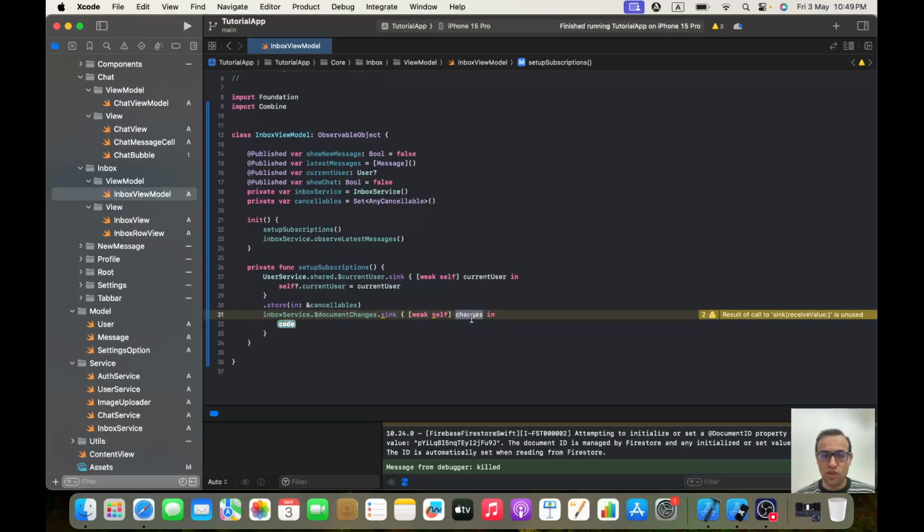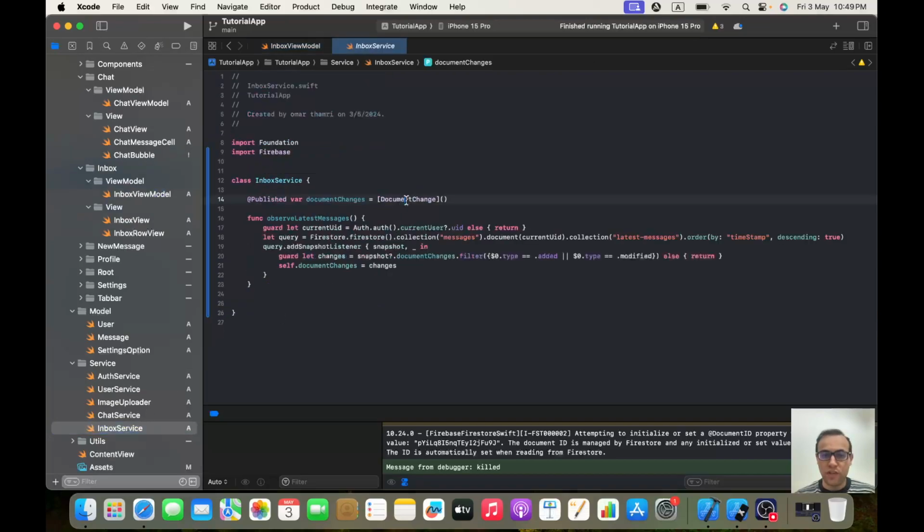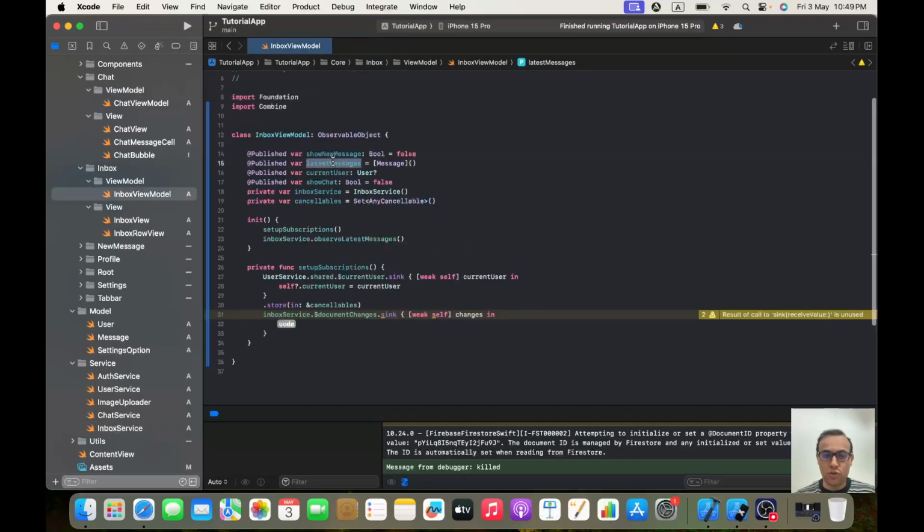As you know, our changes, if we go back here to our book, is of type an array of DocumentChange, and our message array is an array of type Message. So we need to transform this documentChanges array into a message array. So we will store it in first cancellable,